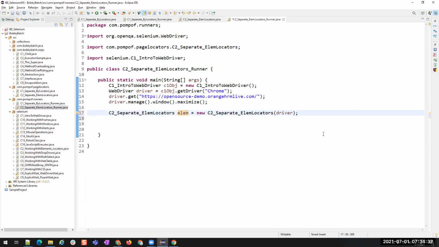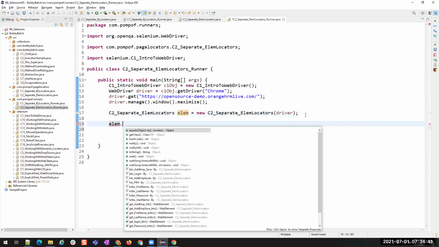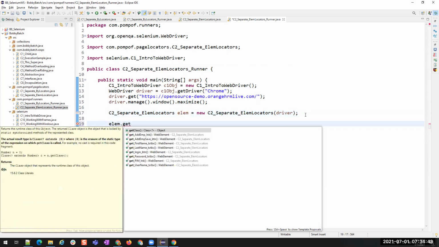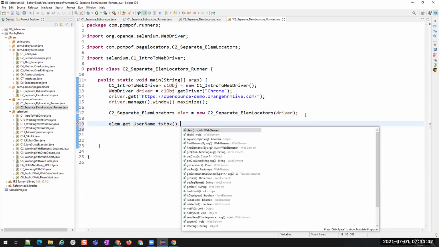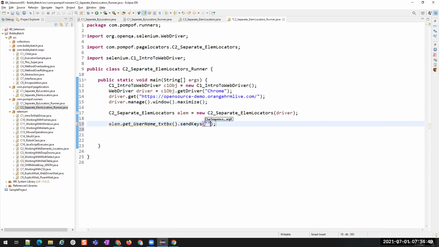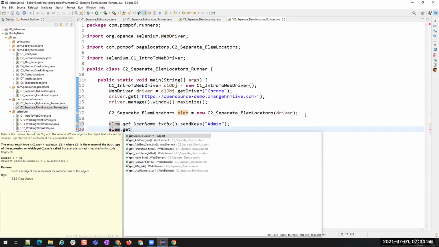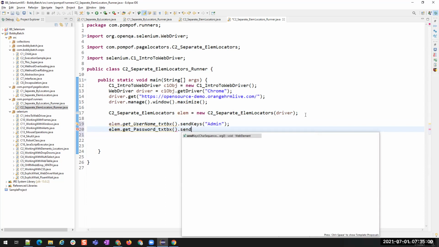Right? Elements. Now I'll say element dot get username text box, and then dot send keys of admin, element dot get password text box dot send keys of admin123.